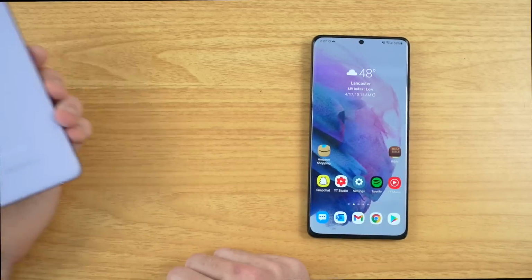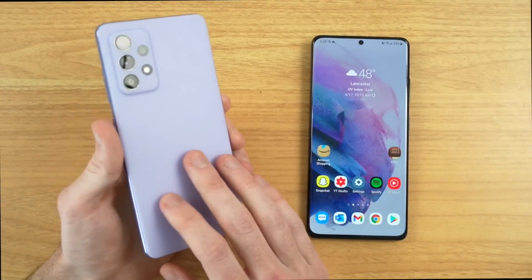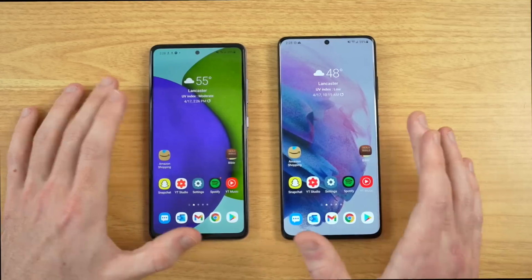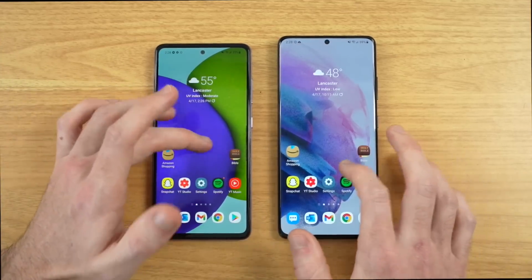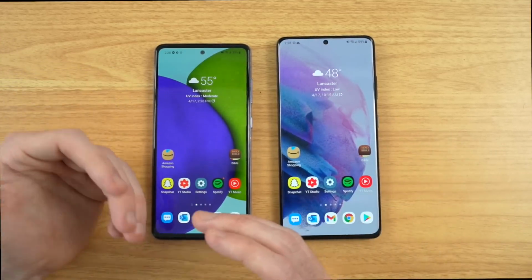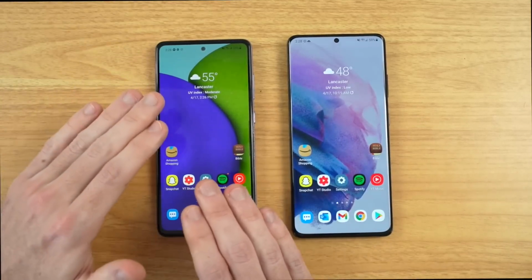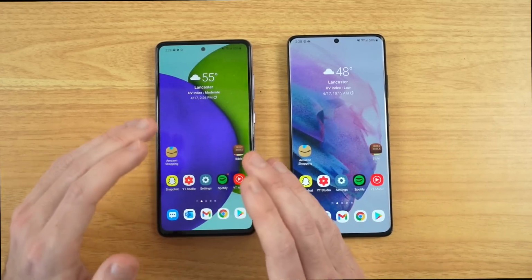But on the value side of things, Samsung is bringing out some really good options right now, like this Galaxy A52 that I just reviewed. I mean, yes, you look at this side by side with the S21 Ultra and you immediately notice, hey, thicker bezels, hey, smaller screen. It's not as fast and smooth of a refresh rate. It's 90 hertz as opposed to 120 hertz. And oh, it's a 1080p display as opposed to a 1440p display. But when you realize this is a $350 phone as opposed to a $1,000 phone,